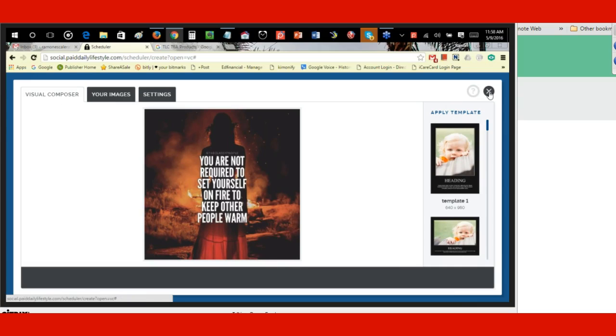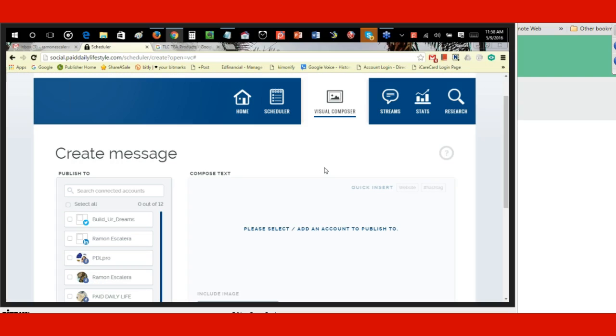But again, I think your image size is the issue. You may want to go a little bigger on the size of the image. Because I'll tell you something right now: just because the image says it's 1200 by 1200 doesn't mean it technically is. Because when you look at photos,